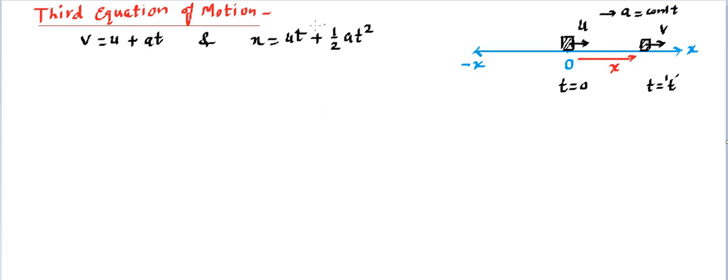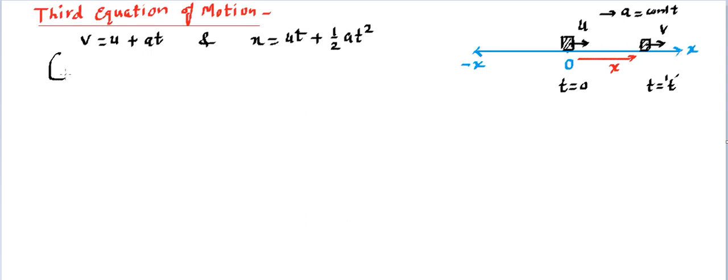Now you will find these two equations are sufficient to give all the answers. These two equations are sufficient in themselves, but sometimes we require a third equation in which time is not there. So what we can do, we can calculate the time from the first and replace it in the second, so you can get another expression. Similarly, you can also take a from the first and place it in the second, you can get another equation. So they are basically derived equations, and these two are the basic equations. The rest is going to be derived out of them. Since the third is popular, we can derive that.